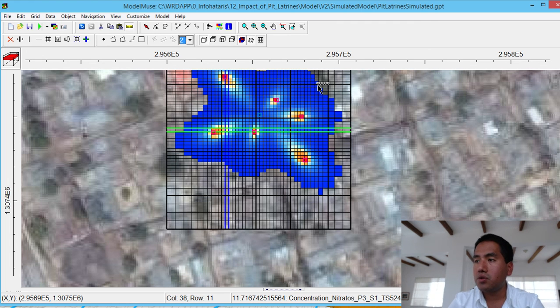I hope that this tutorial, and the way that we have explained these procedures, helps you get the model, install the model, and run the model, and then see which are the main factors that are affecting the contaminant propagation. And I hope that you can share the results of this simulation, because it's really important that many people share how we can improve the evaluation, how these things can be simulated,